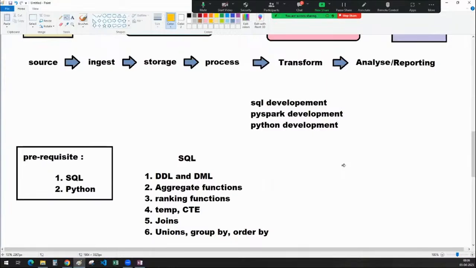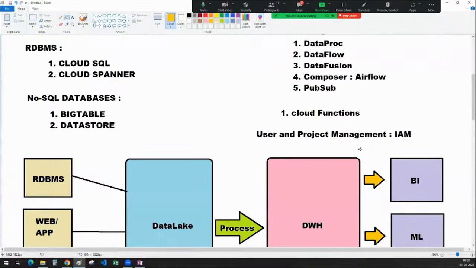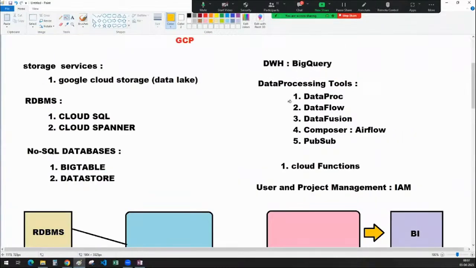You can work in PySpark, because we are not working in only one area, guys. Each and every tool itself is a project. So Dataproc will be there, Dataflow, Data Fusion, Composer. These are all roles in themselves. Some data engineers work on Dataproc, some data engineers work on BigQuery, some work on Data Fusion, some data engineers solely work on creating a data